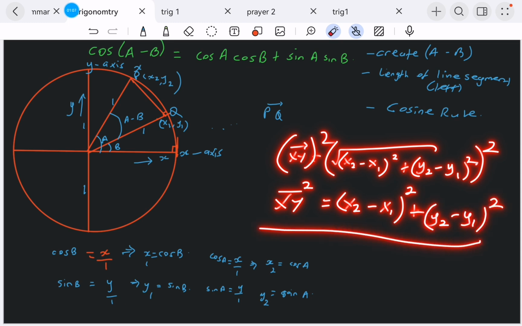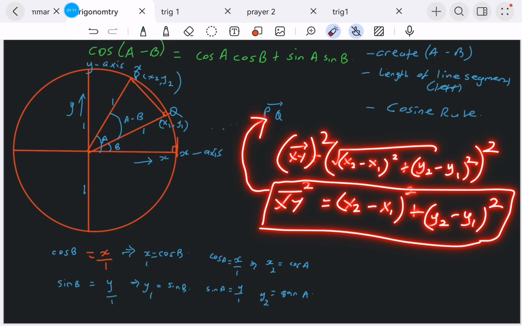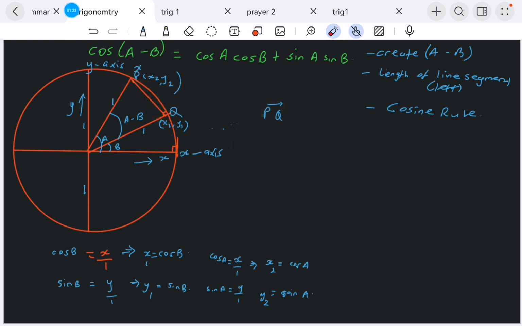Okay, now I'm only going to pick out this and apply it here. So I'm going to put PQ squared, which is this line segment. Okay, why? It is the one which is covering our area of A minus B. Okay, so let's go ahead and do that. So PQ squared is equal to